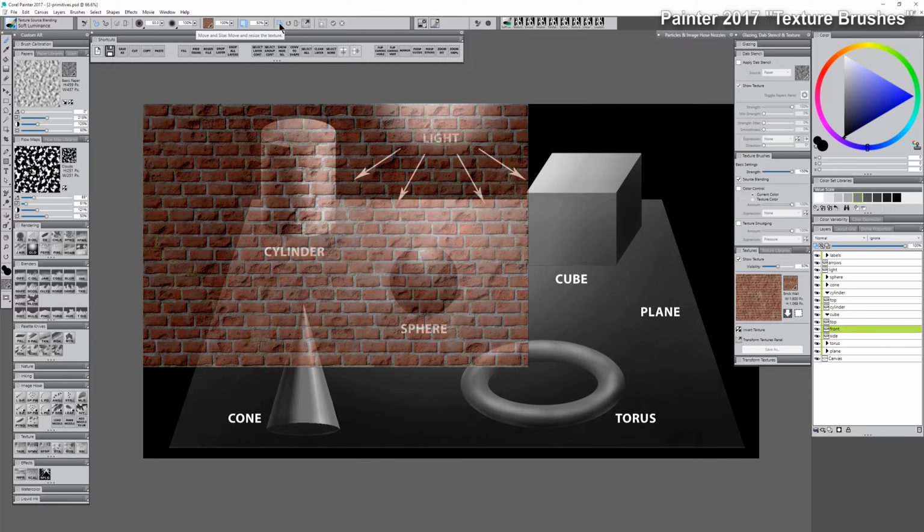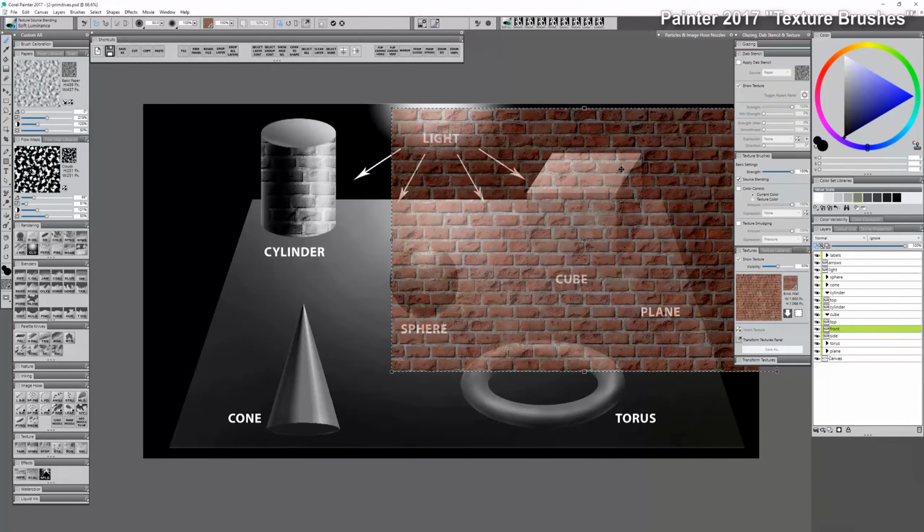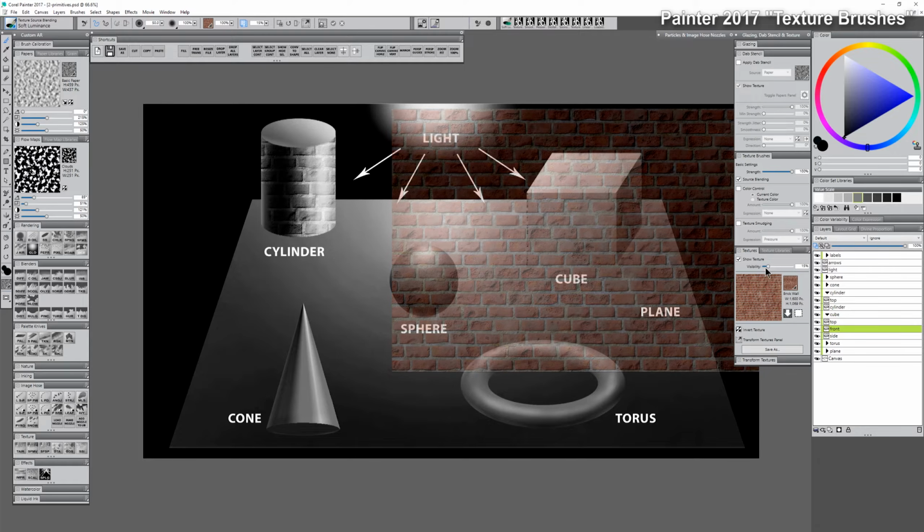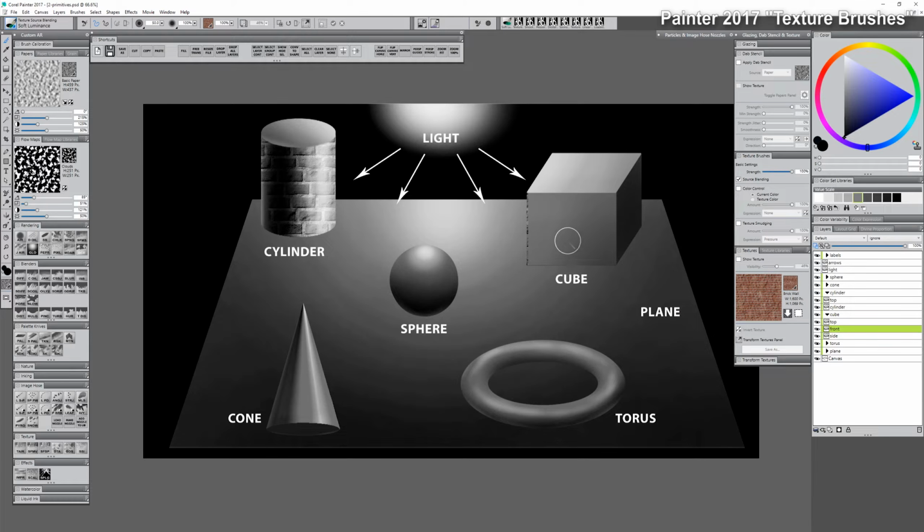I can do that in the enhanced properties bar here by clicking on move. I can take the texture and I can move it over on top of the cube so it's covering the whole cube. I can click on the check to commit to apply that. Now we can ignore this warning dialog for now. We're not going to be saving this as a custom texture. I can control the visibility of the texture if I want it to be faint, or I can turn it all the way up. I'm just going to go ahead and hide the texture again by clicking on show texture,